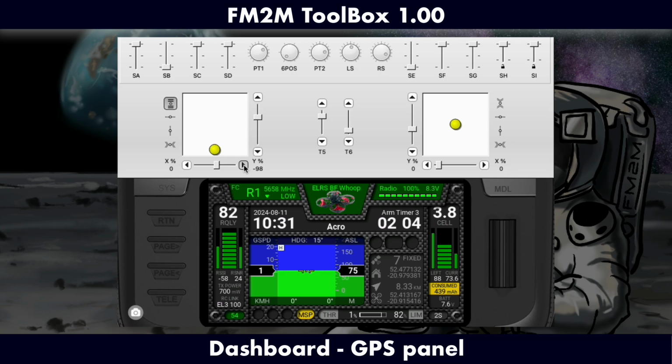I'm simulating the home position changing to the left, and once the home position is outside the 60 degrees field of view, you will just see the triangle. Okay, let's go back. Now I can see the other panel,